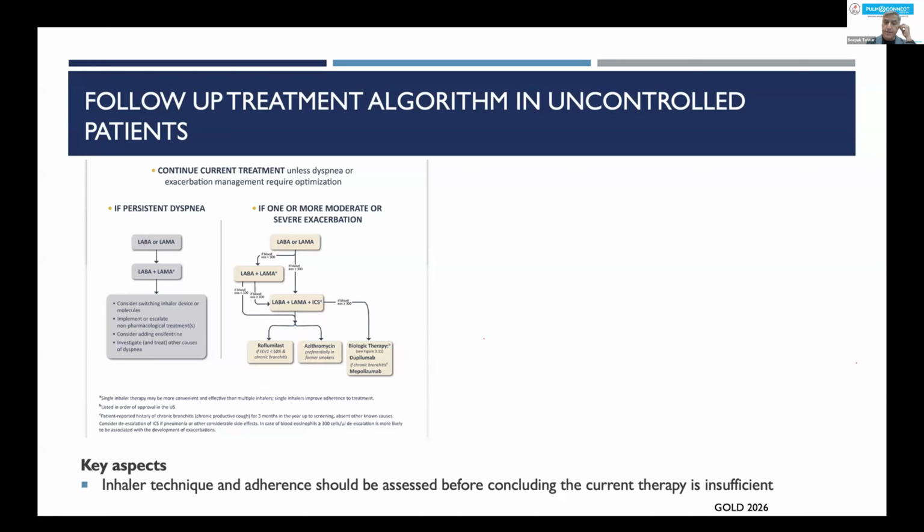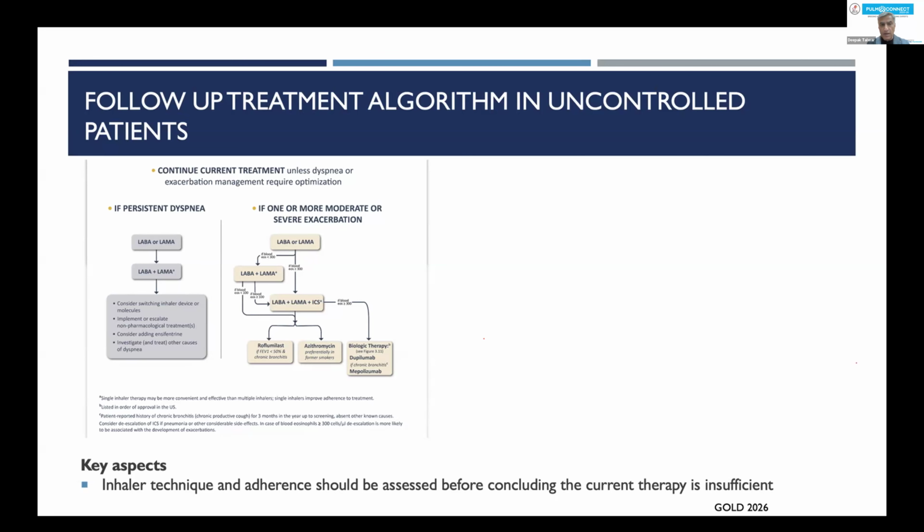But very important is that for any failure to respond with whatever drugs we have given, we need to keep in mind that inhaler technique and adherence are very important issues, and we should go deeply into them before deciding that 2 drugs or 1 drug is not enough and we need to change our strategy. And obviously other things to add on will be non-pharmacological therapies, including rehabilitation, exercise, and things like that,